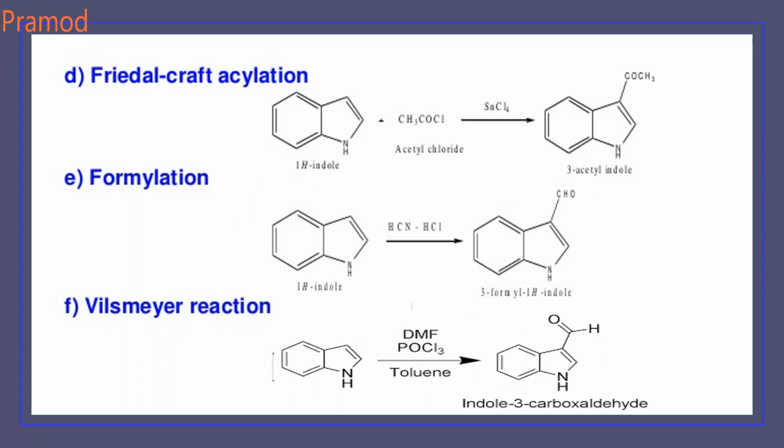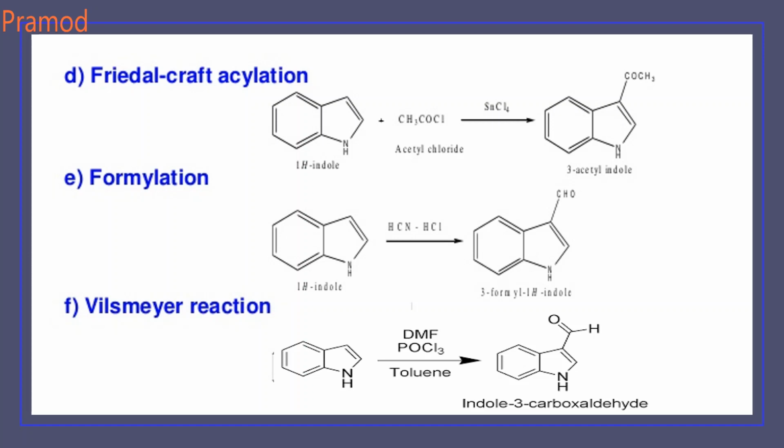Acylation, in presence of acetyl chloride and stannic chloride, gives 3-acetylindole. Formylation takes place in presence of hydrogen cyanide and HCl. When you treat it with hydrogen cyanide and HCl, it forms 3-formyl